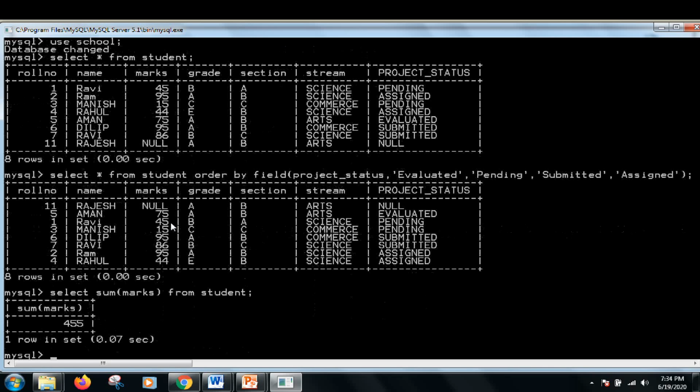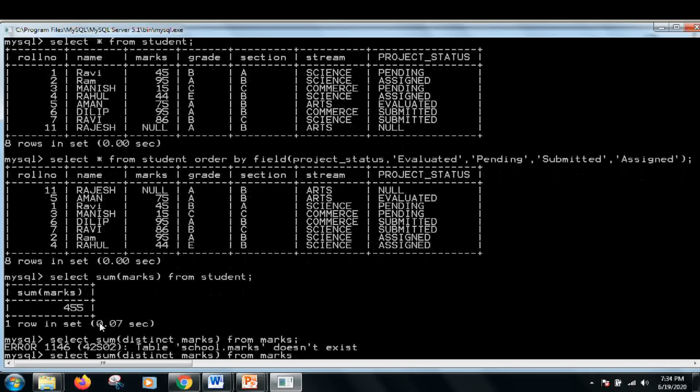Now in this, a null value will not be added, it will be ignored. You will get the sum of all the other values. You can use distinct also with the sum, and it will avoid the repetition of values. That is, if any value is already counted, then it will not be used again for addition. So in the above case, if two students have the same 95 marks, only one will be added.